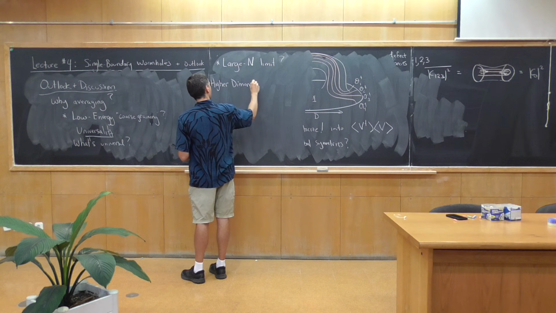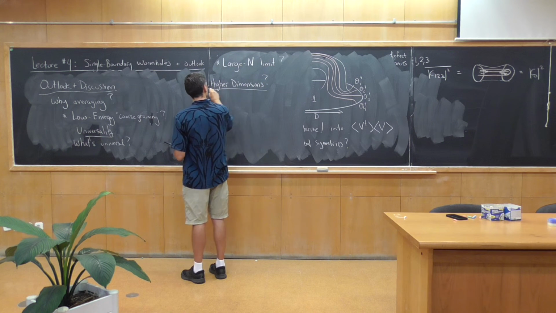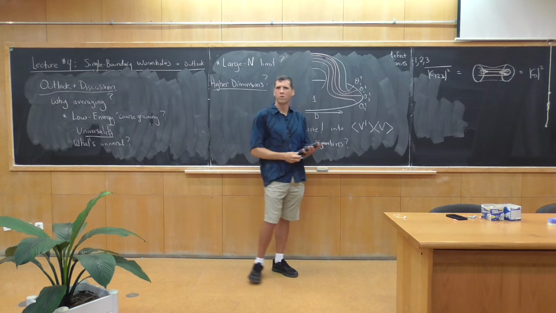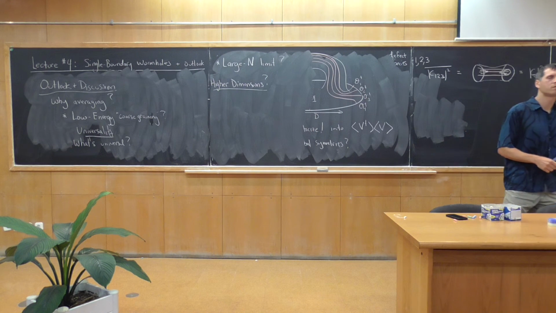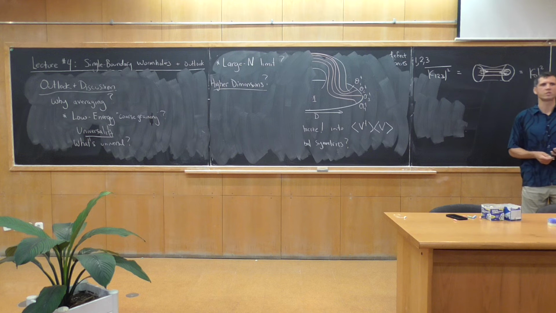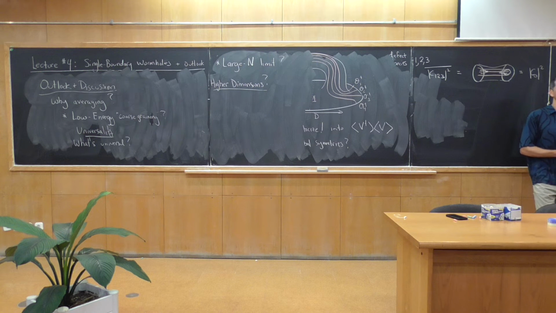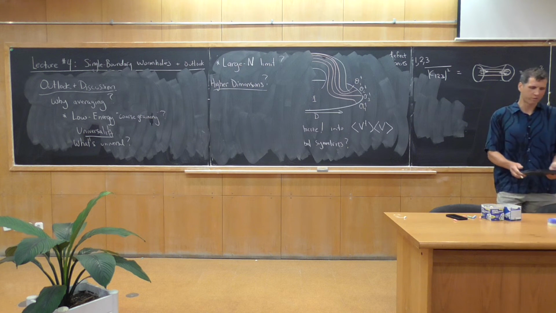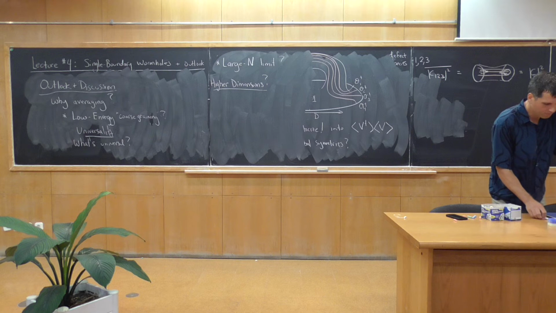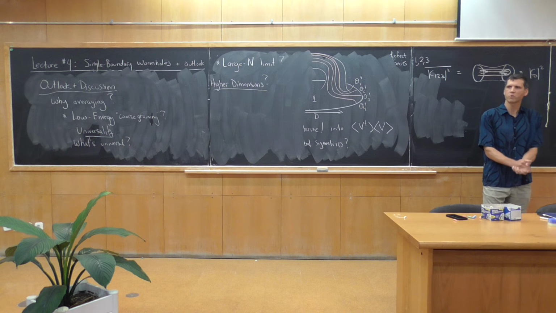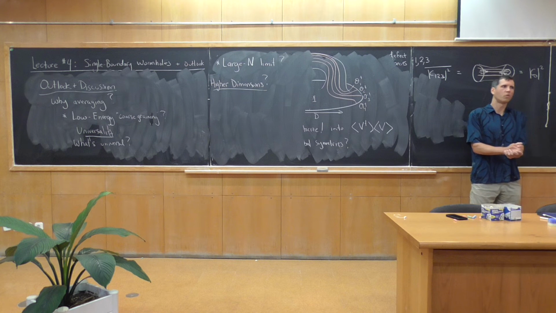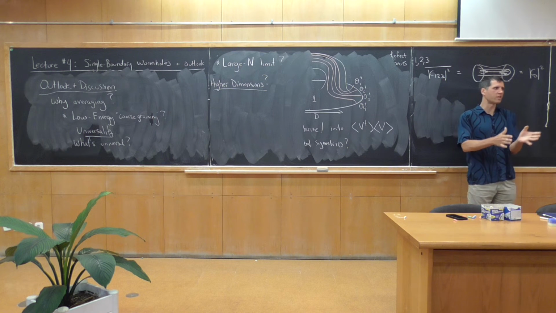Let me briefly mention higher dimensions. There's no story like this so far for higher dimensions in terms of averaging OPE coefficients and getting bulk wormholes out of it. In principle, the reason for that is that it was important that we had Virasoro. What Virasoro allowed us to do was solve all the light sector.